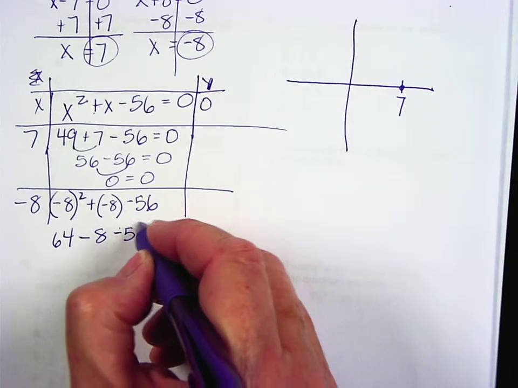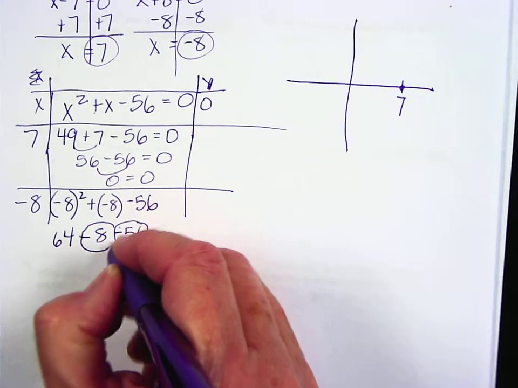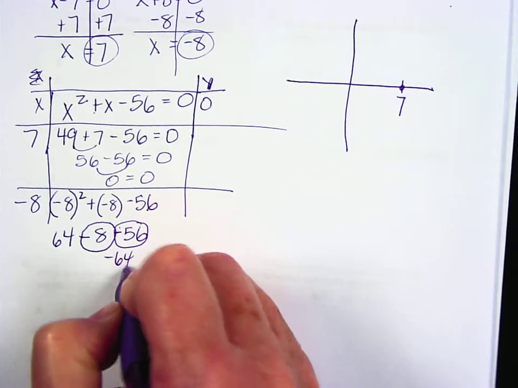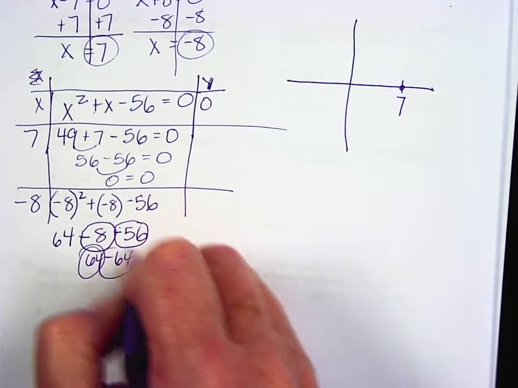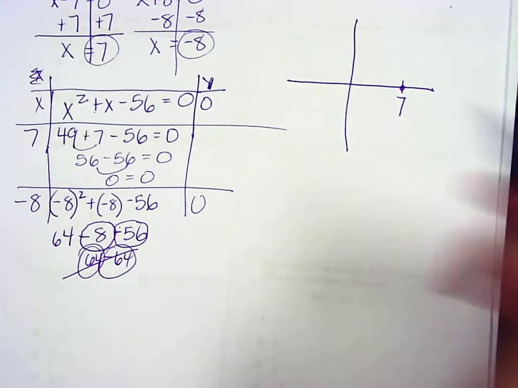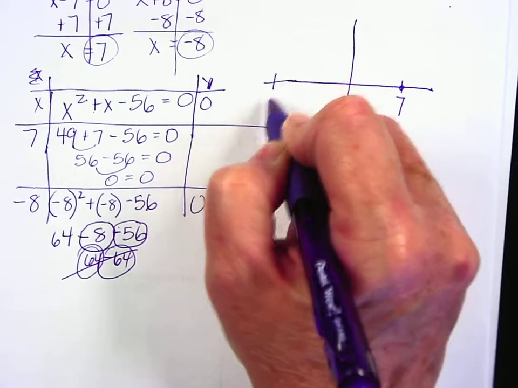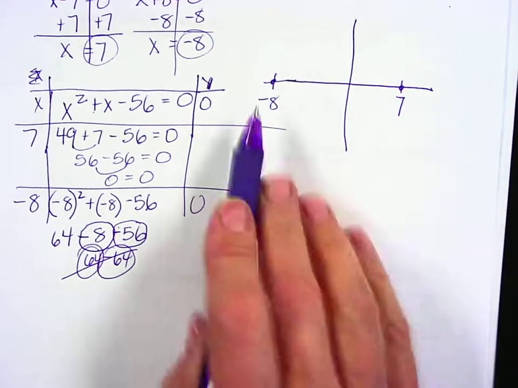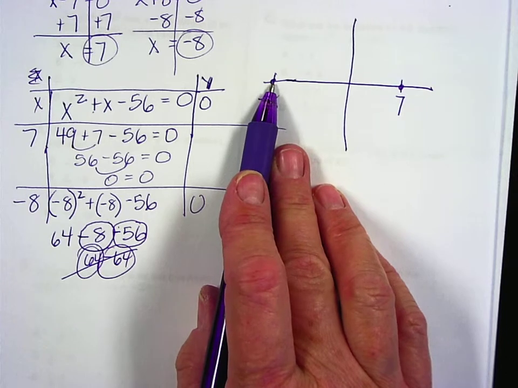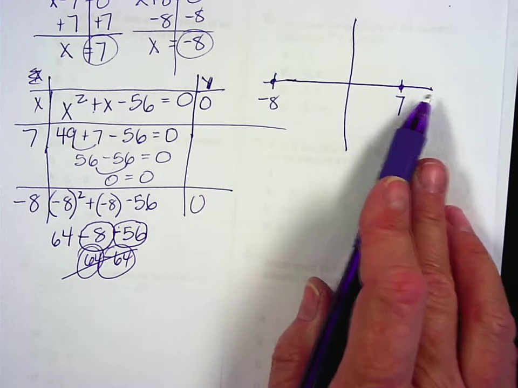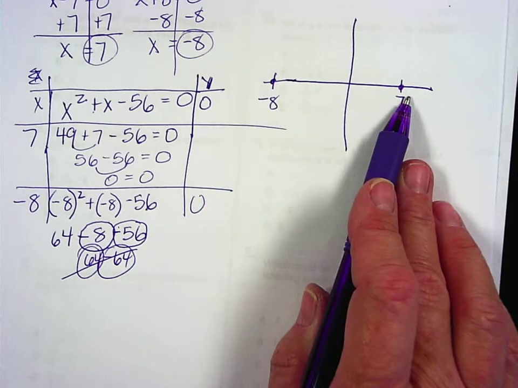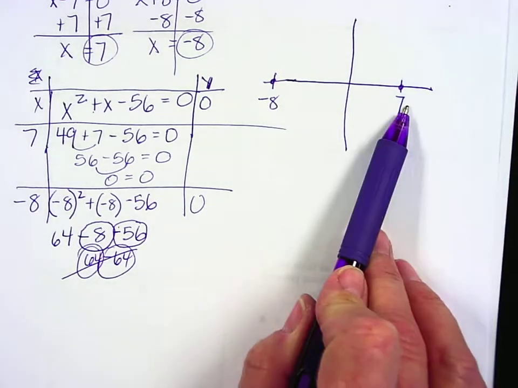If I combine all my negatives, I get 64 negatives, and combine with 64 positives. Those cancel out. y is 0. There's my other x-intercept, because at this point, when it's touching the x-axis, y is 0. So there's my two solutions. And those values of x